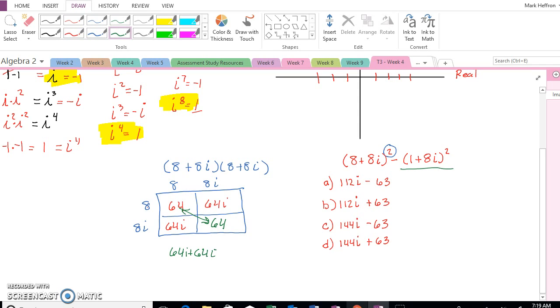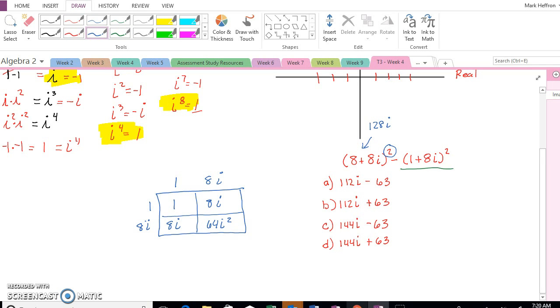Now we have to FOIL this. So we've got 1 plus 8i times itself becomes 1, 8i, 8i, and 64i squared. But again, the i squared is negative 1. So this is really negative 64. Adding these together, we have 16i minus 63. So that's what replaces the second term, and we have to subtract